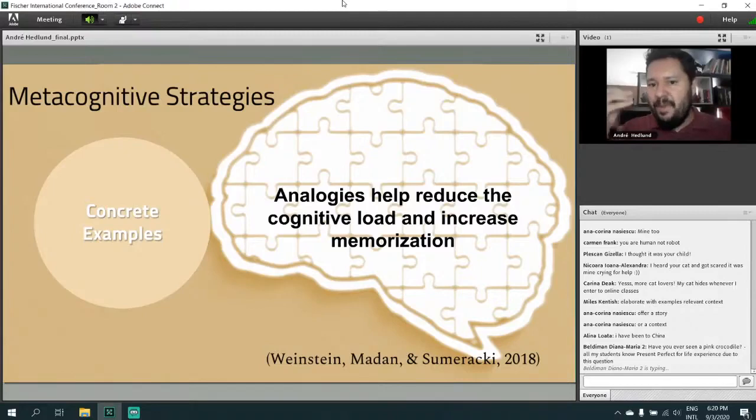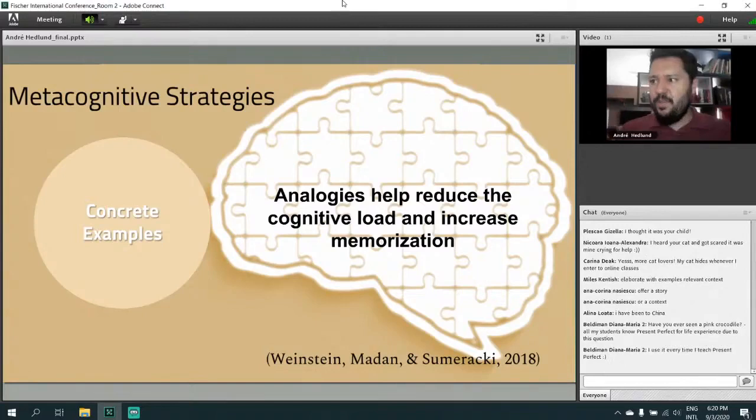Abstract things fill up your working memory system very quickly. They're hard to understand. Your working memory system is kind of like your desk where you work. So if you have too many things on it, it's very hard to work. It's disorganized. You have clutter. So you have to clear things out. You have to dump things so that you can work, right? Because it gets filled pretty quickly.